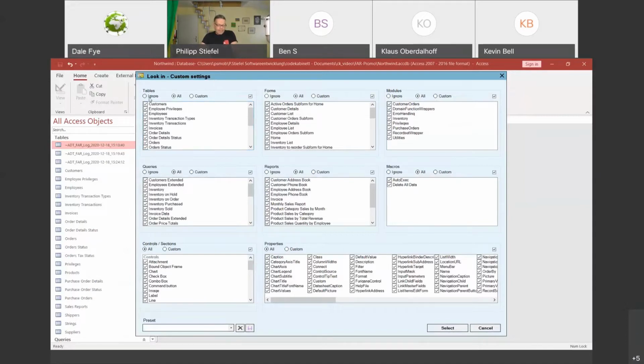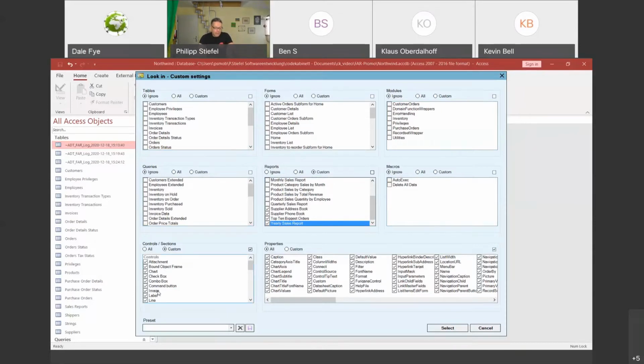I can say, okay, ignore all tables, ignore all forms, ignore the modules, ignore macros and queries, and now I want only to search in some very select reports, and then I say, okay, the customer, staff, employee, I don't want to search in these, but I want to search in suppliers and these reports,